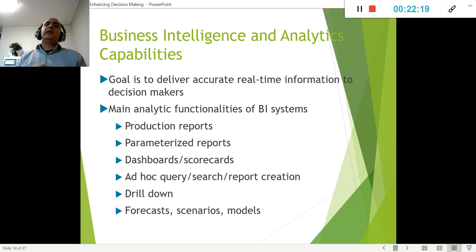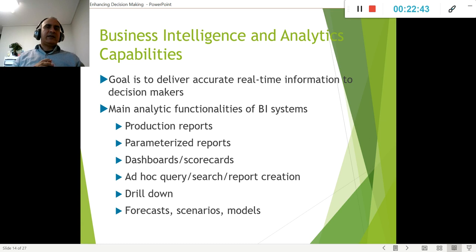Okay, so in this case, like I said, these softwares also allow us to do ad hoc queries, which means we can just look up specific information within that software without going through all the data. It's just by typing, okay, West region, like I was saying in the example before, West region, click, click, click. Okay, West region, the detail already appears. And then we can create a report based on that, right?